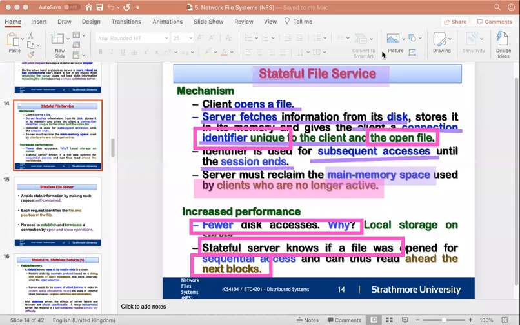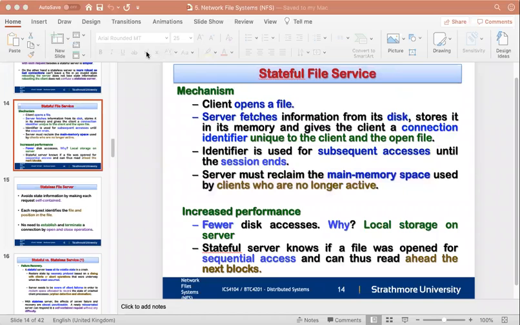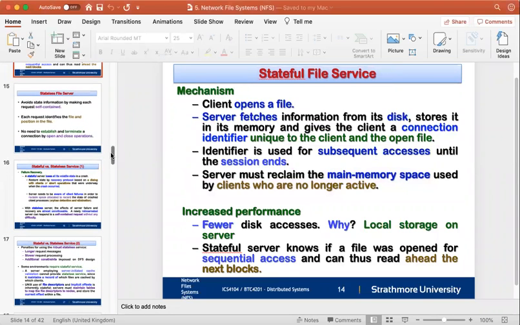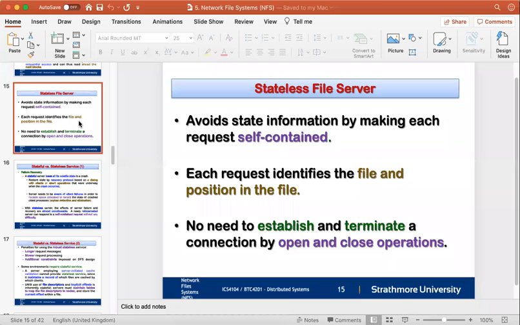So again, if someone asks you to choose between a stateful and a stateless server, which one will you choose? You have to consider the characteristics of the stateful server or the stateless server before you make a decision. Unless, of course, someone has said, I am starting with this and I have a stateful server, why would you want to use it? On the other hand, if we're using a